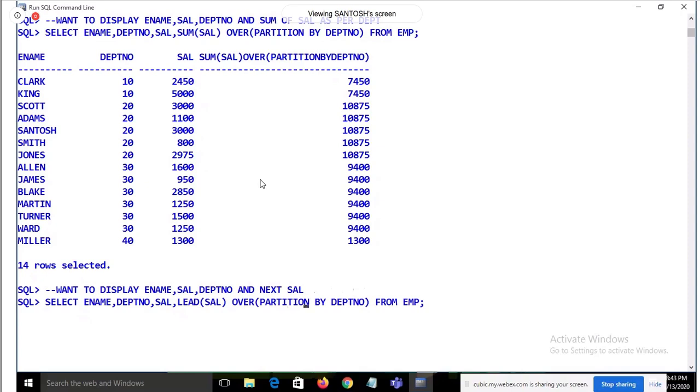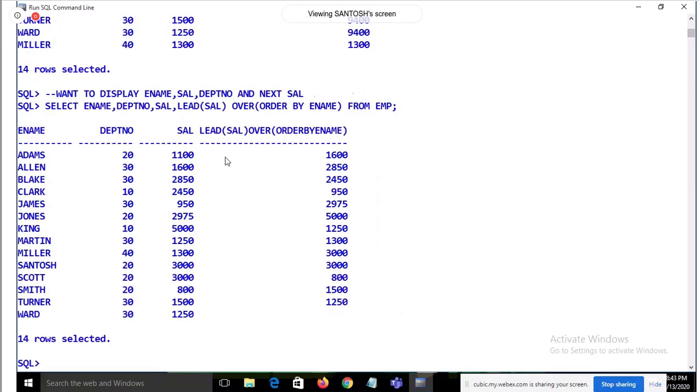Lead function is there, and according to what? According to the name, order by name. So lead function is there. Lead means the next. 1100. What is the next value? 1600. What is the next value?